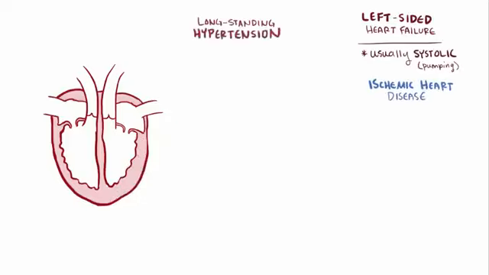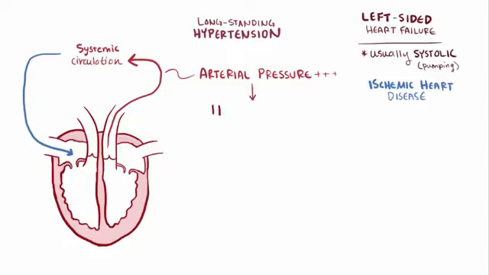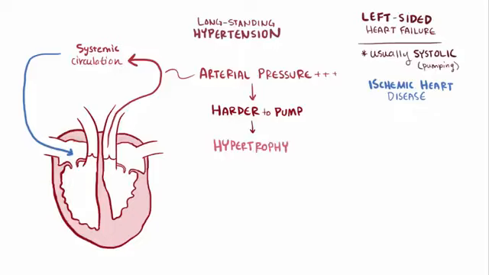Long-standing hypertension is another common cause of heart failure. This is because as arterial pressure increases in the systemic circulation, it gets harder for the left ventricle to pump blood out into that hypertensive systemic circulation. To compensate, the left ventricle actually bulks up, and its muscles hypertrophy or grow so that the ventricle can contract